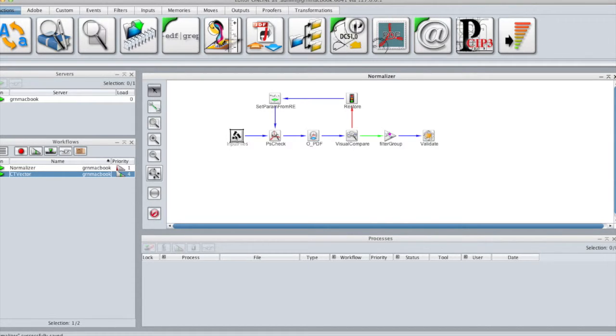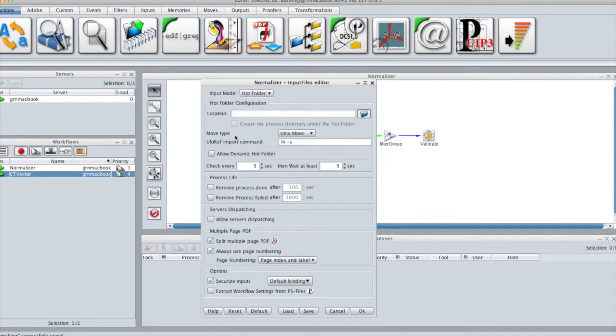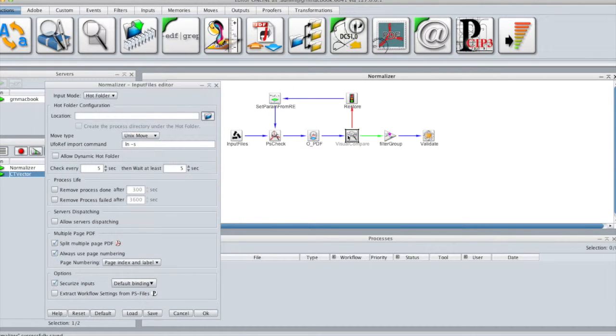Let's see this in detail. First of all, you have to know that the Visual Compare tool is only able to work on single-page documents. So, you have to split your document at the beginning of the workflow using this option in the input file. Splitting the document in the input file has another advantage indeed.